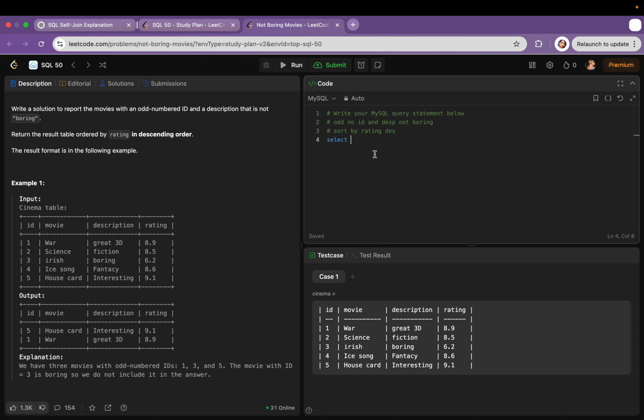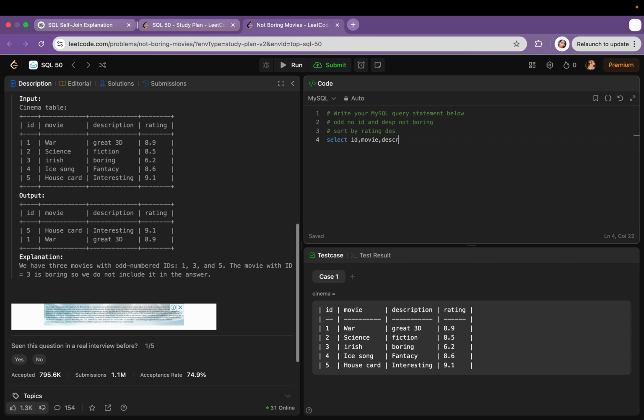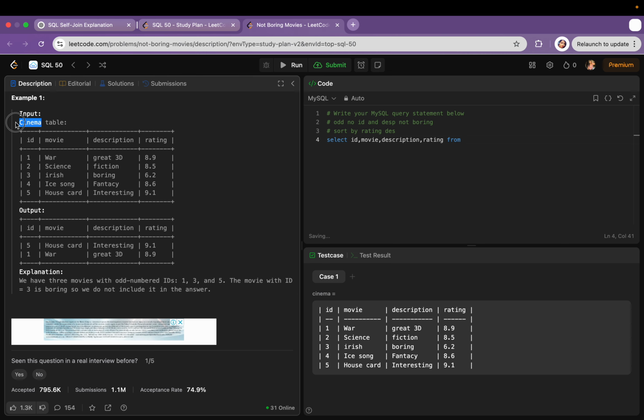All right, so I can just simply select ID, movie, description and rating. All right, from what's our table name? Our table name is cinema. All right, from cinema, where